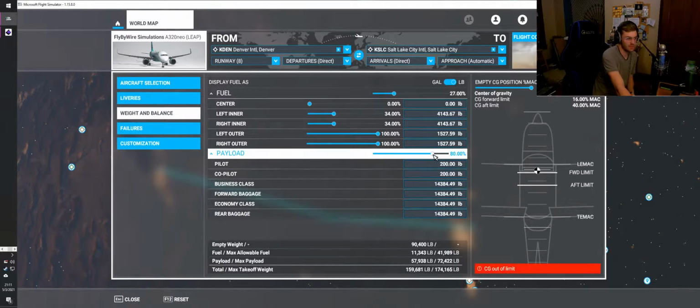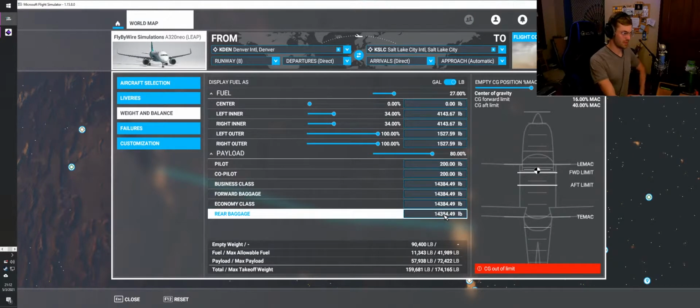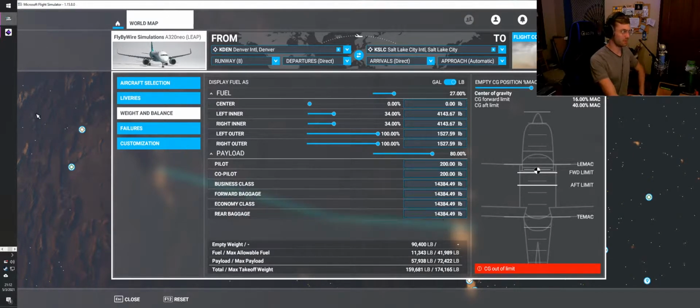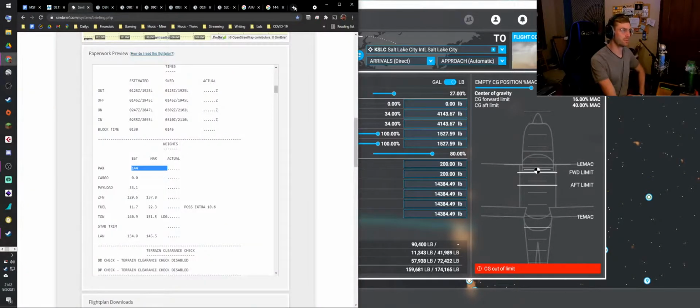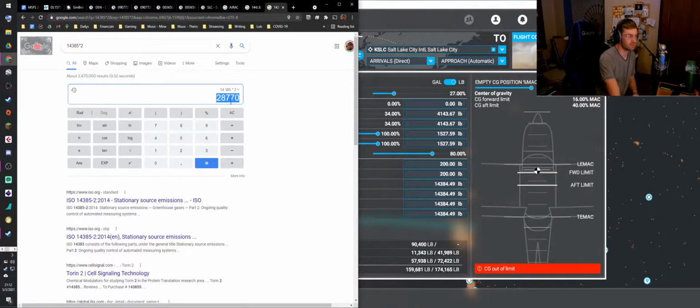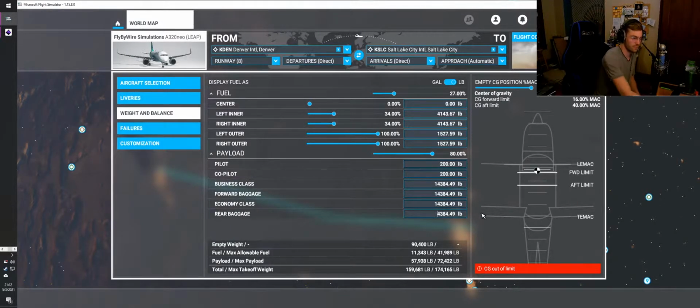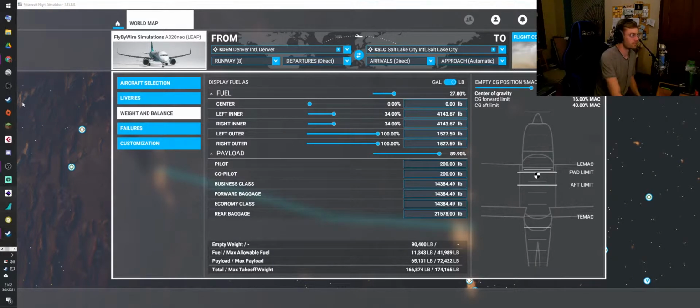When you do the slider, it just adjusts it automatically. So basically I'm going to remove some forward baggage and add some rear baggage. So 14,385 is what I'm doing, times 2. So that's my total baggage. So let's say I put 75% of it, I'll do 21,578 in the rear,